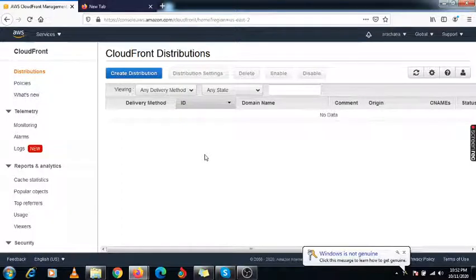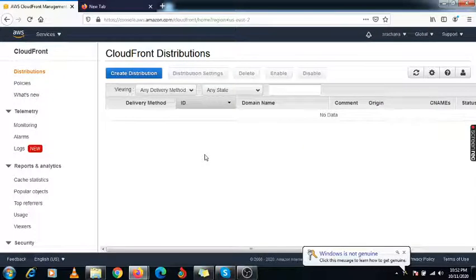If this memory is vanished, then the edge location will communicate with its regional location. There are some regional locations available. In AWS there are a total of 11 regional locations. All the data, all the caches are available with this regional location. If the edge location does not have that particular cache, it can request it from the regional location. First it will check with the regional location, and the regional location will provide the particular URL which you want to hit, and provide it to the edge location first.